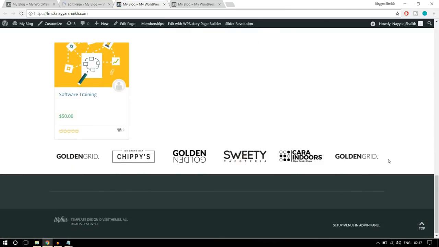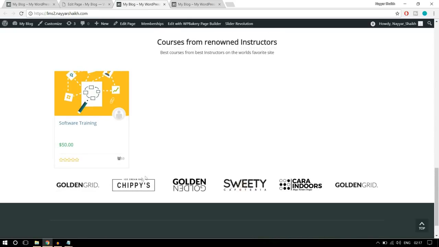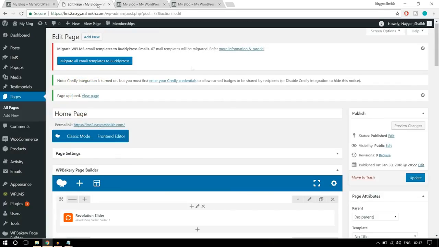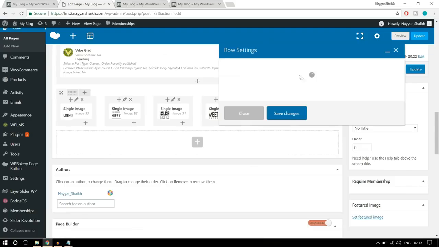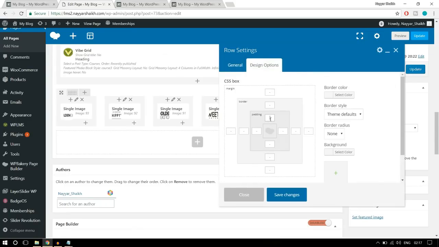Okay guys, so this is how it is looking, and this is looking nice. I think the only thing which we are missing is some gap. So let's add some gap at top of this section, this image section. Rest everything is fine. So again, come at the bottom, click on this pencil button, go to design, and let's